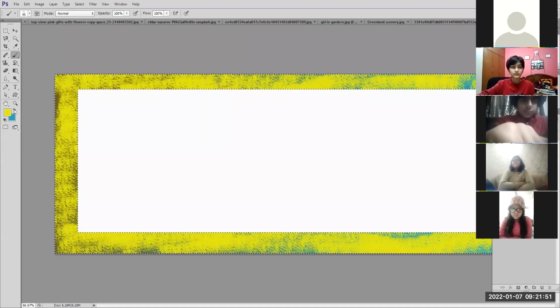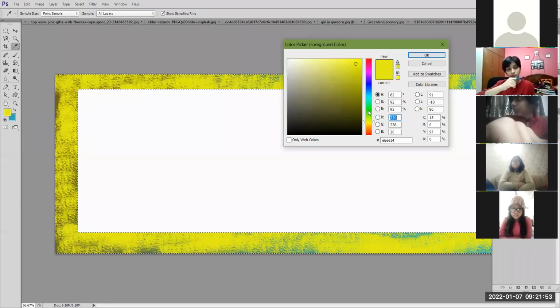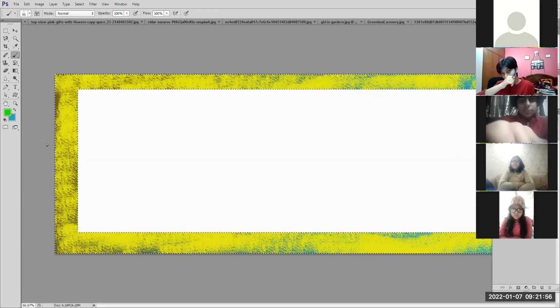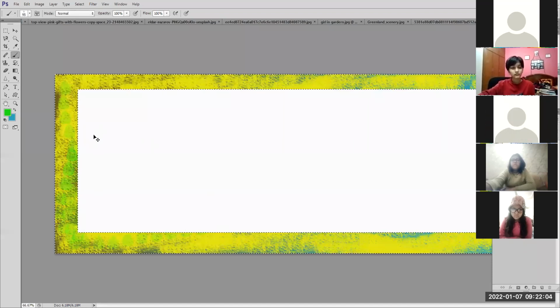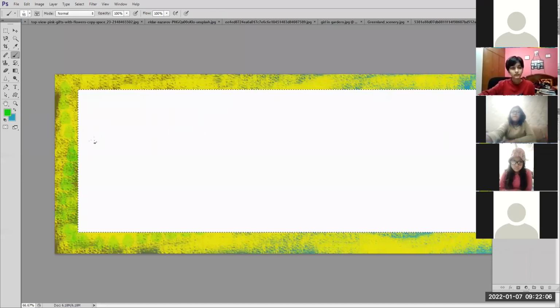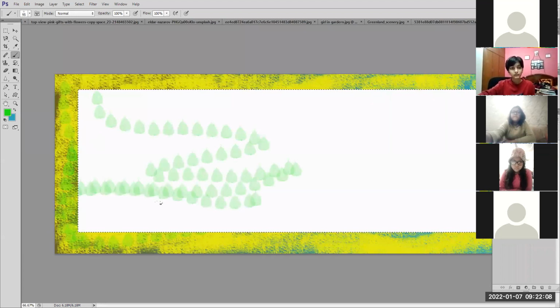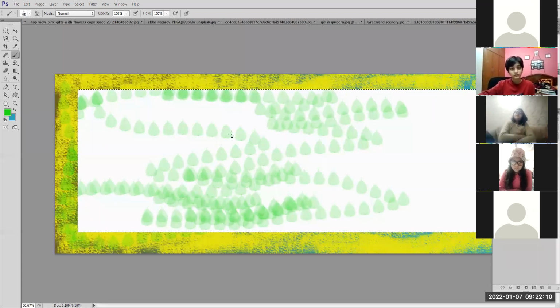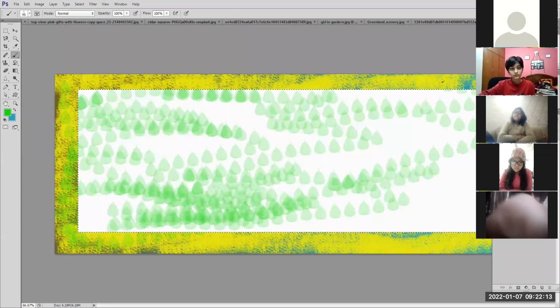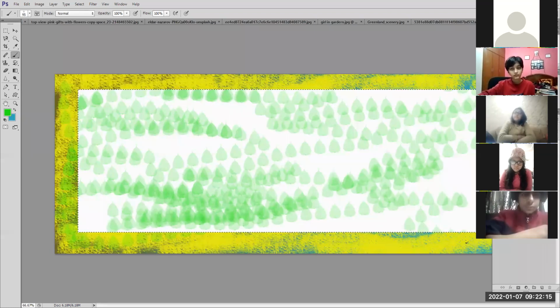Suppose I'm taking some leaves pattern. I'm taking some color. Click on OK. I can have these leaves now. I'm inversing the selection. Now you can fill inside. Got it? Inverse selection समझ आ गया?